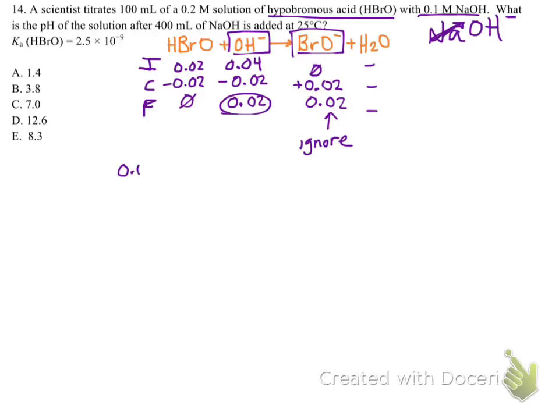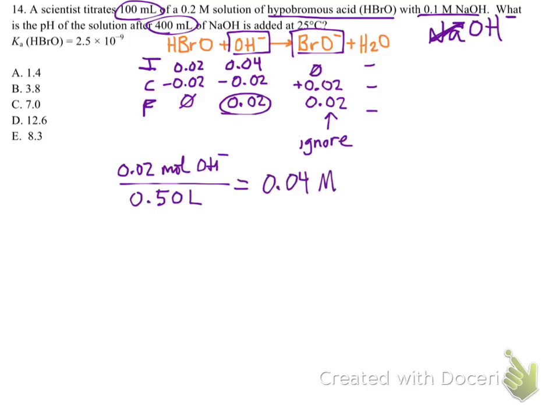So 0.02 moles of hydroxide divided by the total volume of the solution. So that's 0.50 liters. I got that from adding together the 100 milliliters plus the 400 milliliters. This is going to end up equaling 0.04 molar hydroxide,